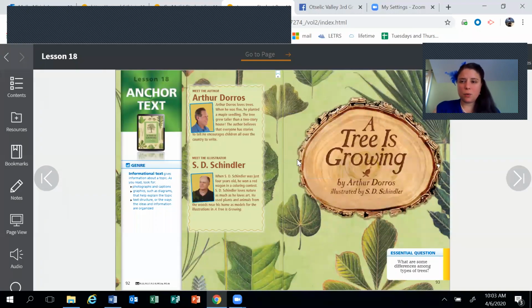Hi guys, so we're gonna read A Tree is Growing this week, and I would like to read it to you. That way we can look at specific information in the book. This is actually one of my favorite books because the illustrations are so good, and the text and graphic features just give you an amazing array of information about trees. So the first thing we're gonna look at is